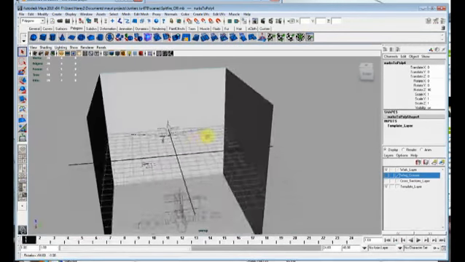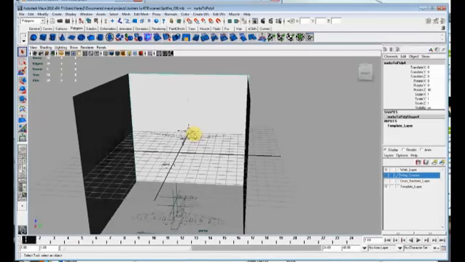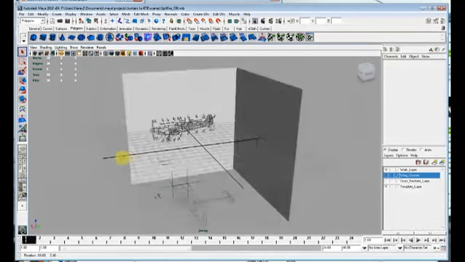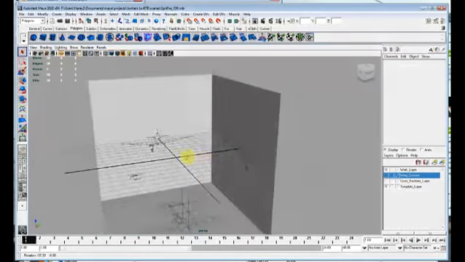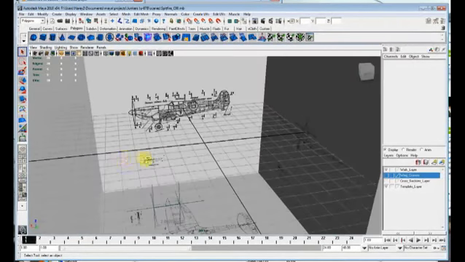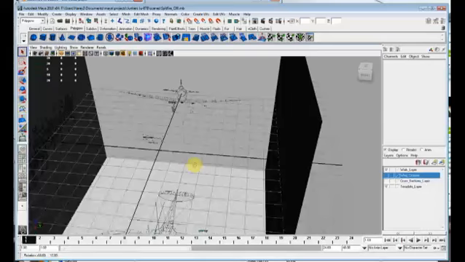Okay, what you see here is, you know that effect in Second Life when you look at the wrong side of a mesh and it disappears? You can do that in Maya to your advantage. And how you do that is that